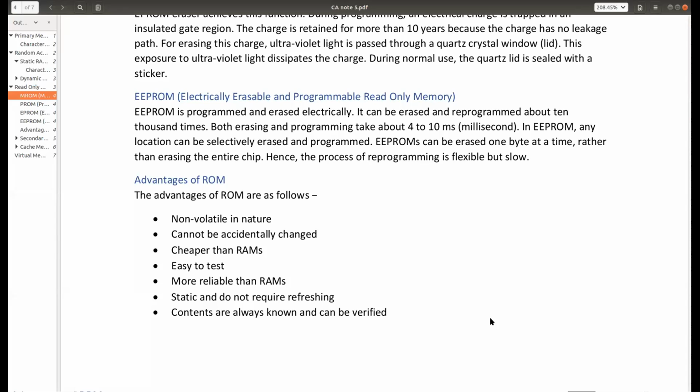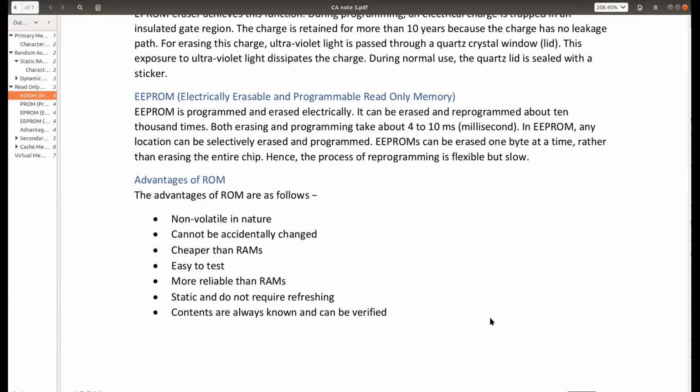When it is blank you can write data on it. So again it is non-volatile. And in case of EEPROM you can do it several times. You can erase and you can reprogram, but you have to bring it for that. There is some procedure. You have to bring it under the contact of the electrical charges and all that. So generally you can say that ROM is non-volatile in nature.